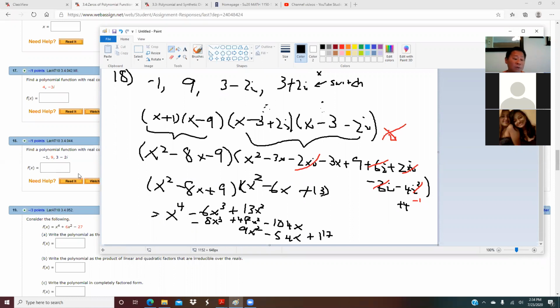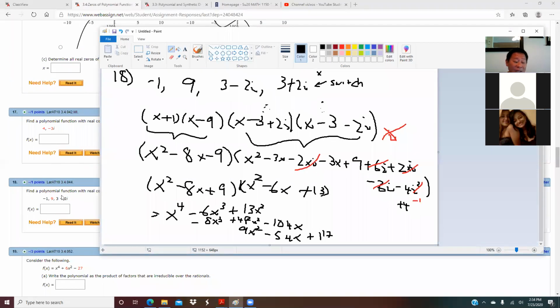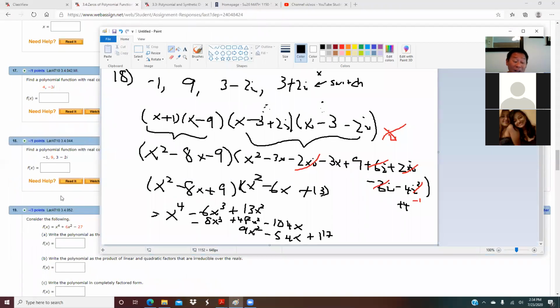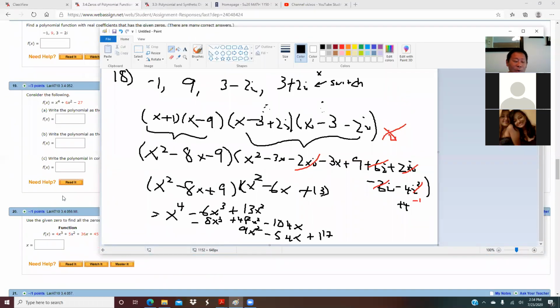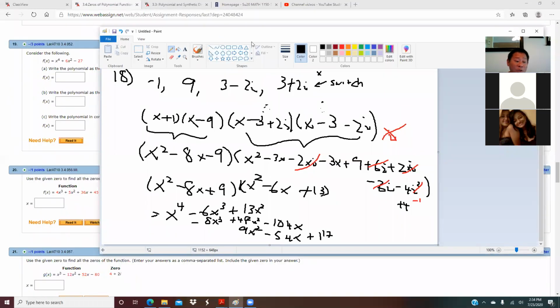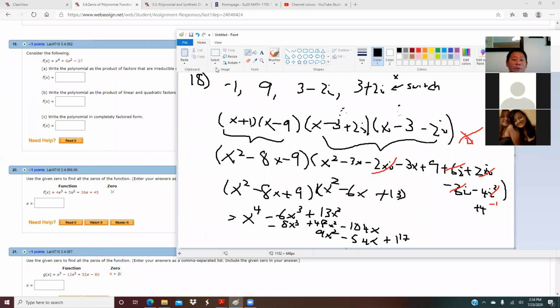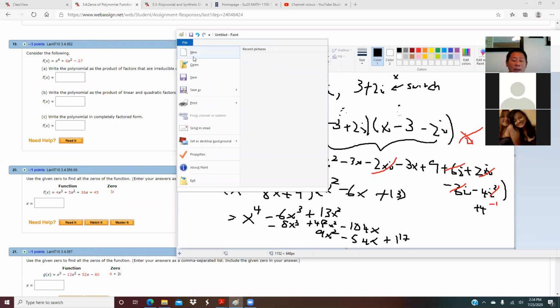So this is how we do question number 18. So yes, this kind of question, 17 and 18, will be asked. A lot of questions in this section 3.4 will be asked in your test. So make sure, that's why it's very important. All right, so next,